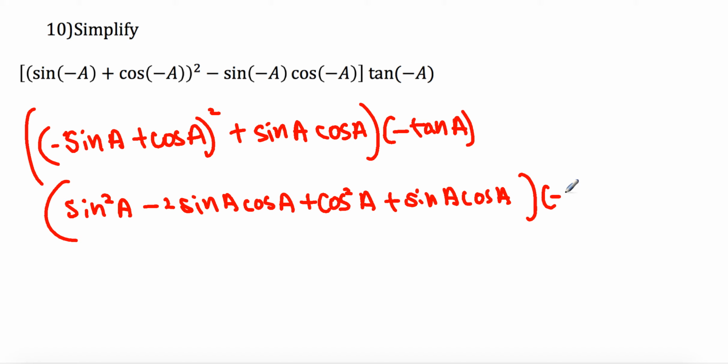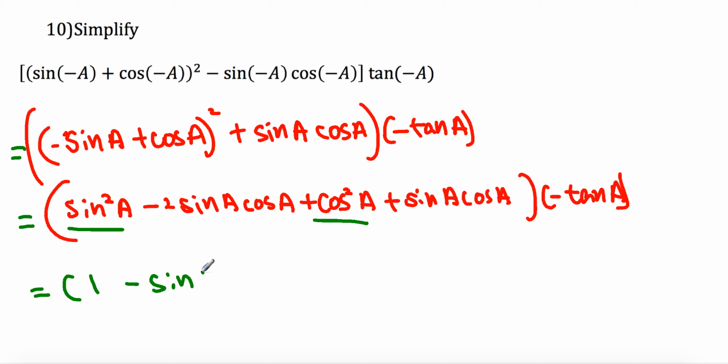And we get negative tangent of A. Now, of course, these two become 1. And then negative 2 sine A cosine A plus that becomes minus sine of A cosine of A. And then multiply that by a negative tangent of A. Then we simply end up getting